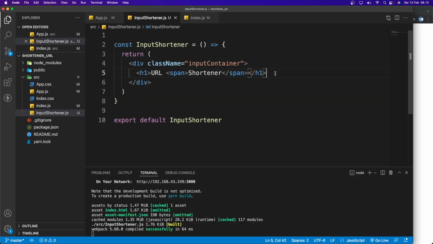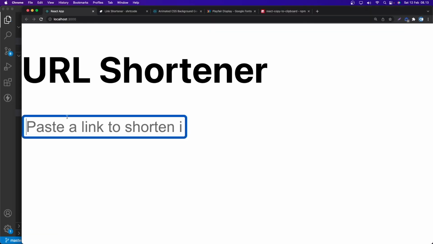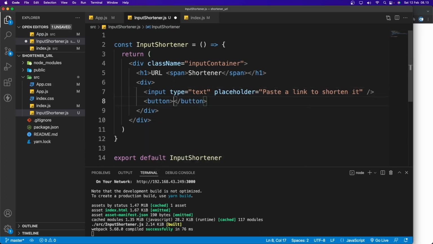So now down here, I'm going to add a div, and inside this div I have an input field, and let's add the placeholder, let's say, paste a link to shorten it. Okay. Now save. We should see the input field, and down here I'm going to add the button, and the button has the text shorten.